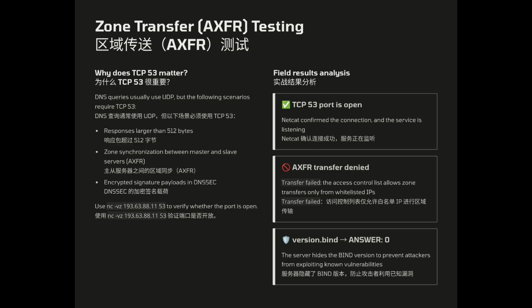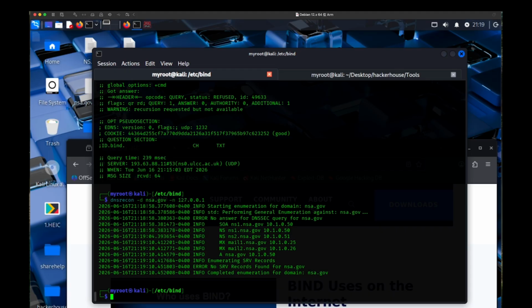It's an automatic DNS reconnaissance tool used to gather DNS records and map out the network topology of the target domain. Specifically, -d stands for the target domain, and -n specifies the DNS server used for queries. This forces the tool to send all requests to your newly deployed local BIND server rather than using the system's default DNS. Let's echo